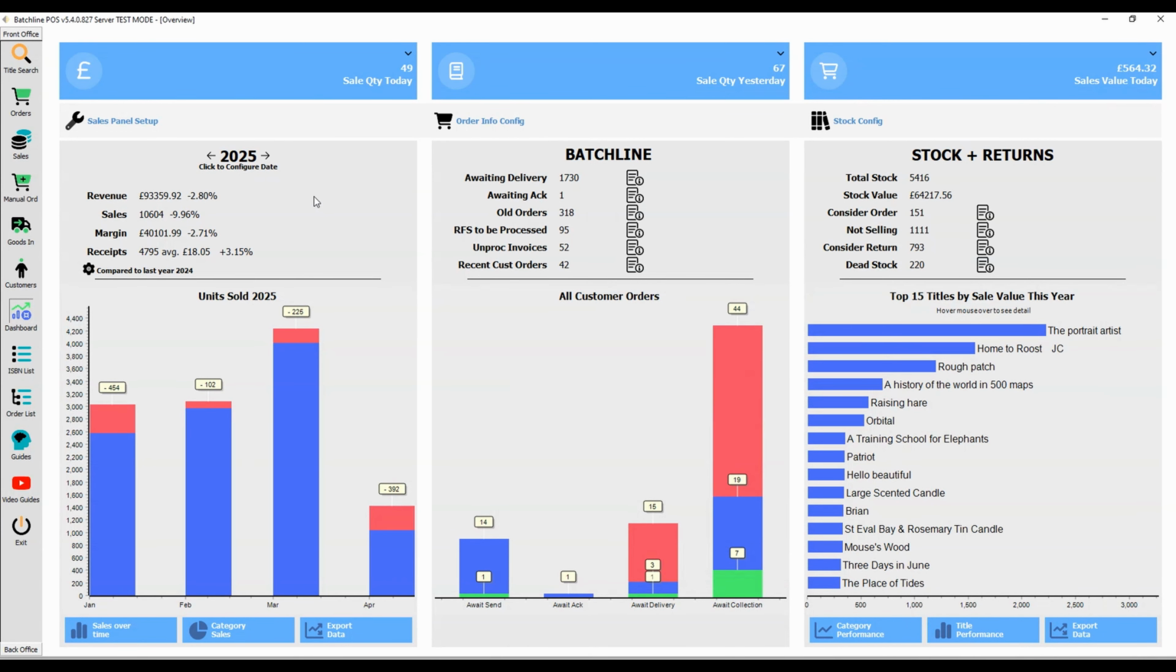Today we're going to be looking at the dashboard again, and this time we're going to be looking at the different sorts of data we can see on this left hand panel to do with sales. Following on from last video, we're looking at units sold at the moment in this graph,